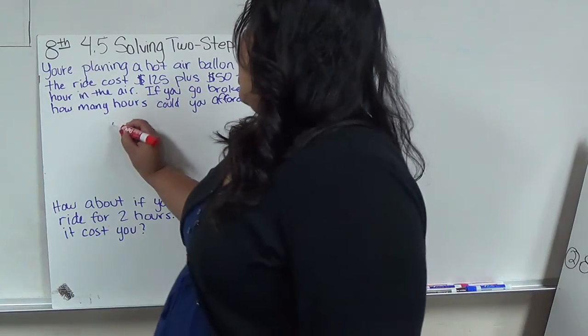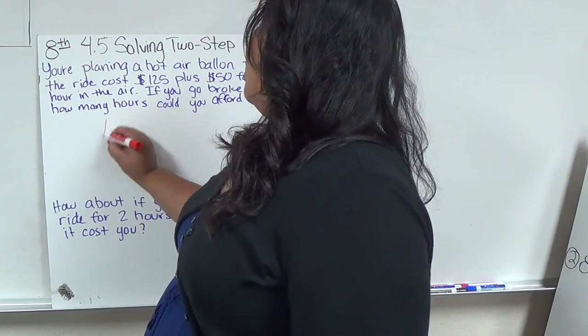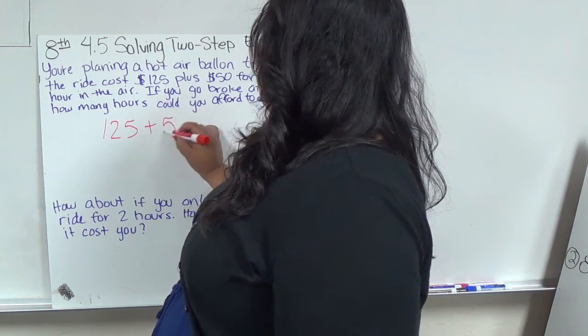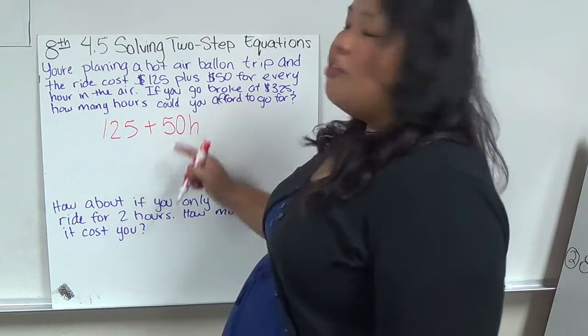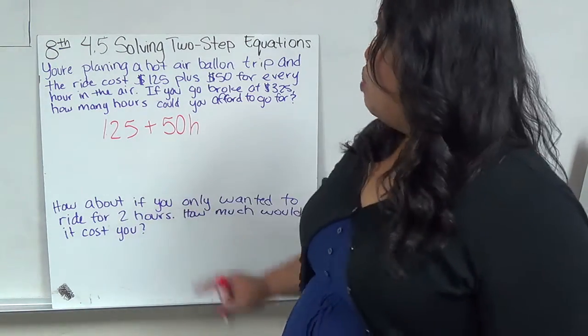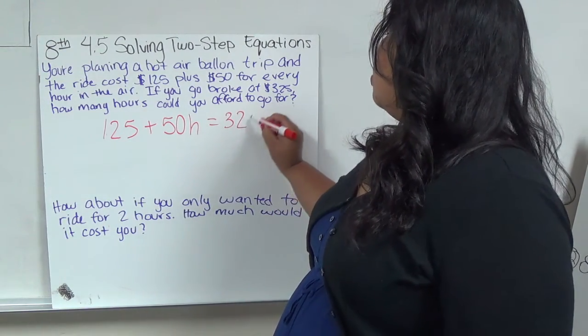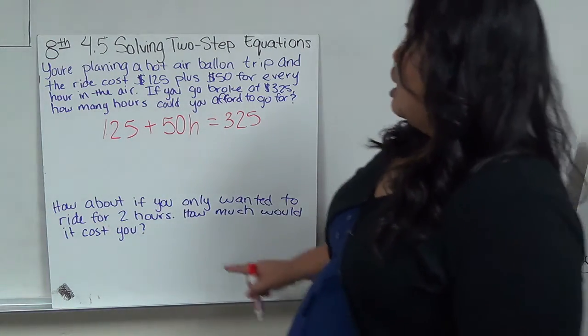So basically, it costs $125, you definitely have to pay that. But you also have to pay $50 for every hour. So I have to multiply 50 by however many hours I have and add that to my 125. But the most I can spend is 325. So here's my equation. Okay? So let's say